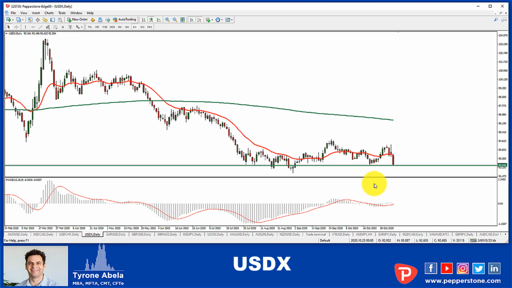But what I do like, and like I said earlier, a lot of the majors are at very, very key zones, and that really bodes well for trading in any direction. When they do get out of those and start to trade in a trending sort of motion, we're going to get a lot more action because the price action will kick in for us, and we will be able to get involved in the easier trades and be able to trade off very key levels. All right, so we'll cover a couple more.